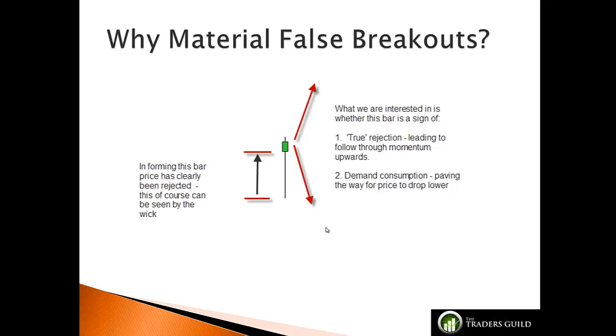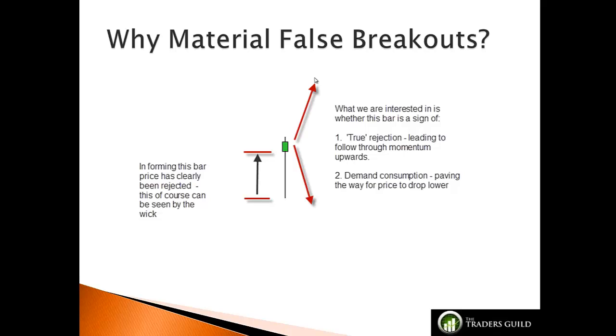And one of the ways we can conclude that a bar is more likely to be true rejection rather than demand consumption is the size of the false breakout, okay, as well as the preceding price movements into the false breakout. A very strong downtrend and a tiny false breakout, for example, is more likely to be telling us that this bar is just demand consumption paving the way for a move down. Okay, a sideways moving market and a materially sized false breakout that just stands out in terms of rejection is more likely to be true rejection and signal follow through momentum back up. Okay,